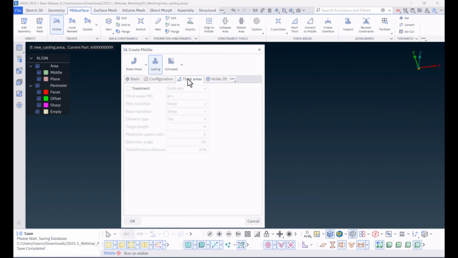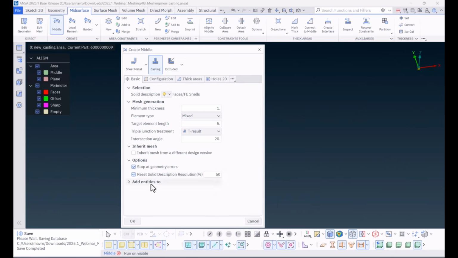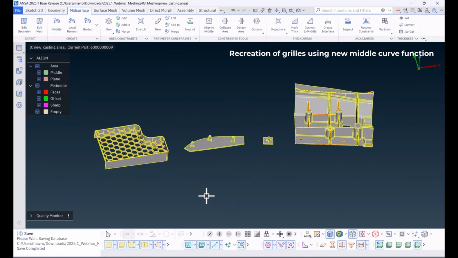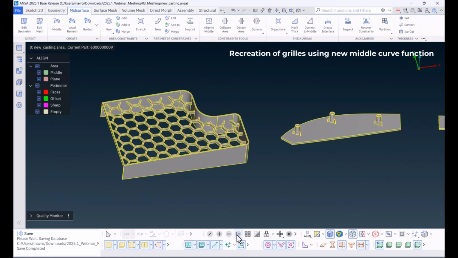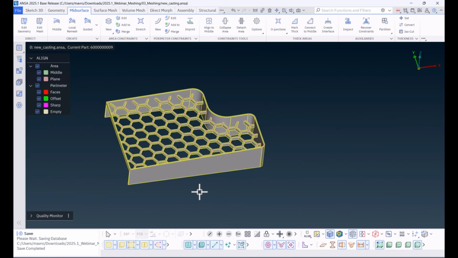Thick areas, holes 2D, and fasteners also have their own tab. Extracting middle mesh on casting parts with grills may sometimes produce results that need manual improvement, especially on variable thickness honeycomb grills.